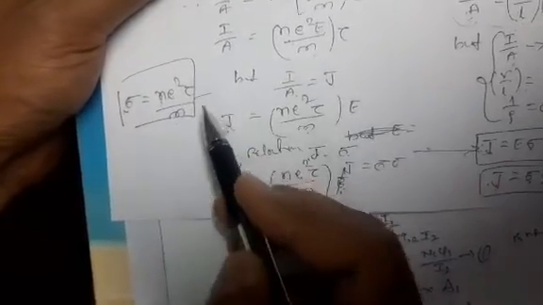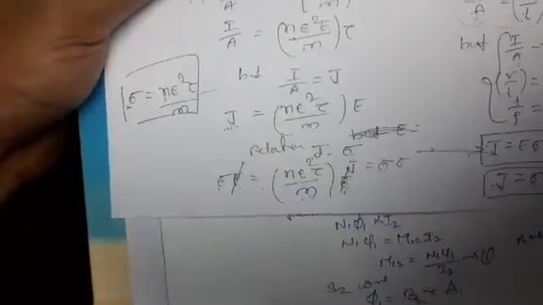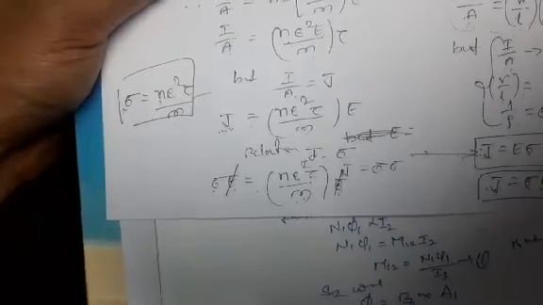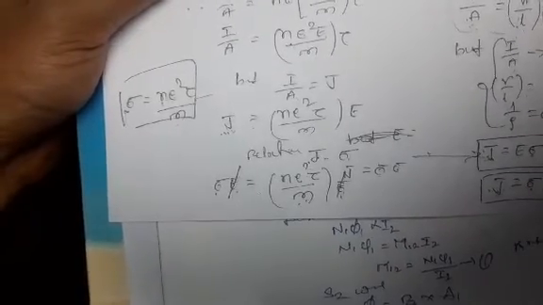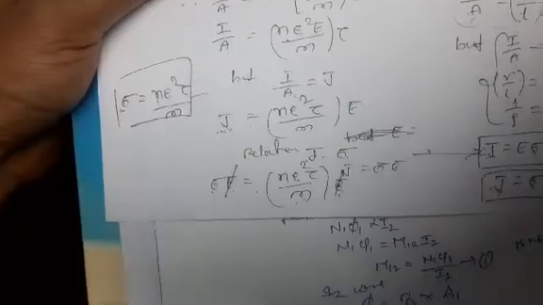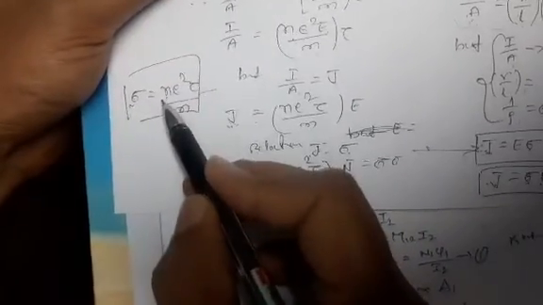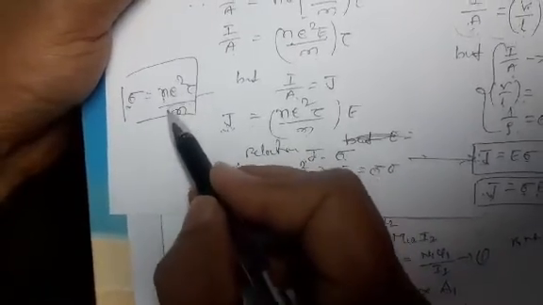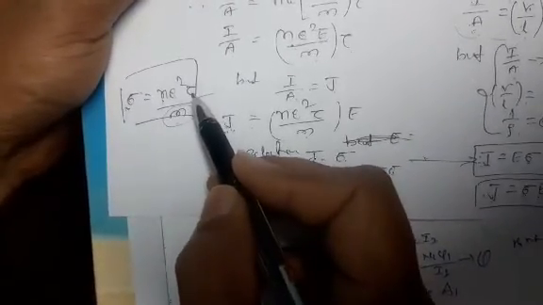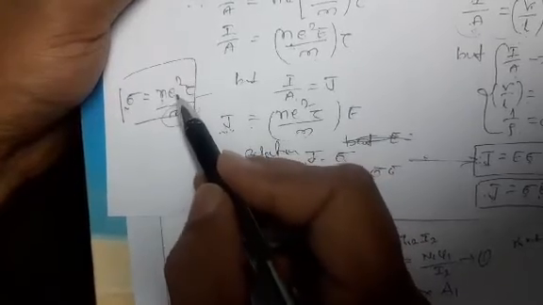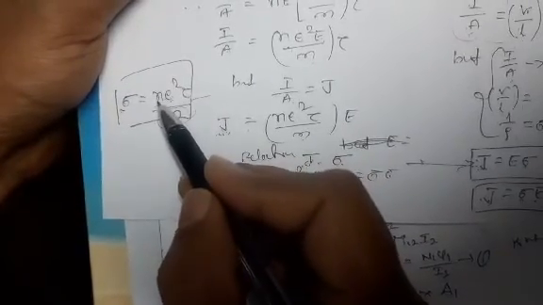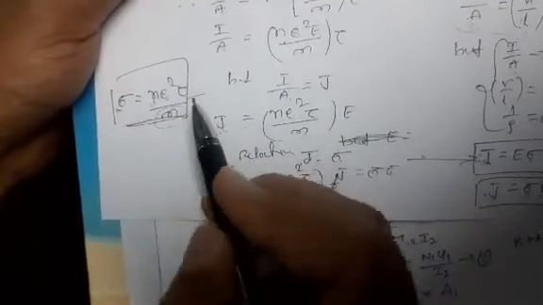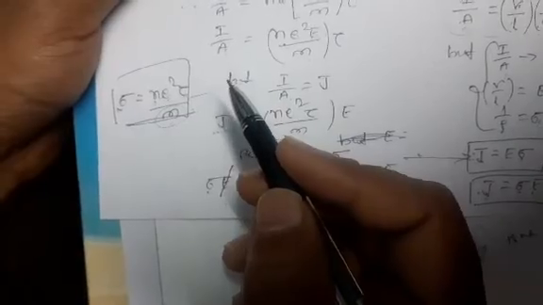This is the final equation, the expression for conductivity in terms of relaxation time, or the relation between conductivity and relaxation time: sigma is equal to N e squared tau by m. m is the mass of the electron, tau is the relaxation time, e is the charge of each electron, N is the density of electrons, and sigma is the conductivity. This is the final equation of the conductivity of a material medium.